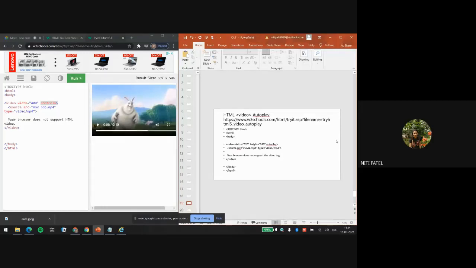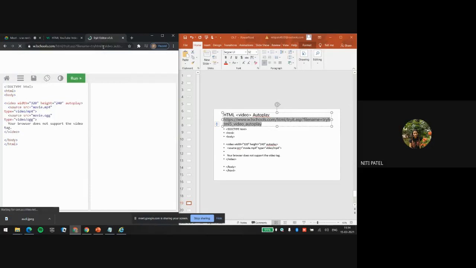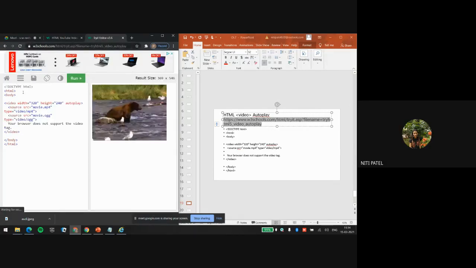Okay. Now, if I want to add autoplay, what will you do? Autoplay is equal to 1. That was for YouTube, in the iframe. For video, you simply write the video width equal to the width of your video, height equal to the height of your video, and then you simply write autoplay. No need of controls when it is video. Controls is again required if it is only audio. So this is another difference between your audio and video file.